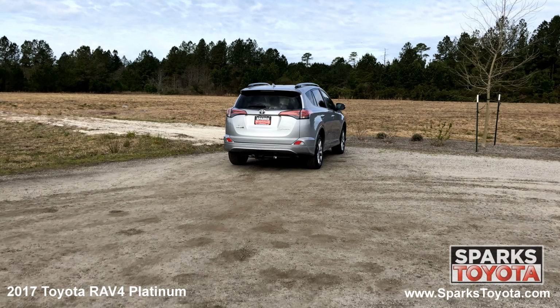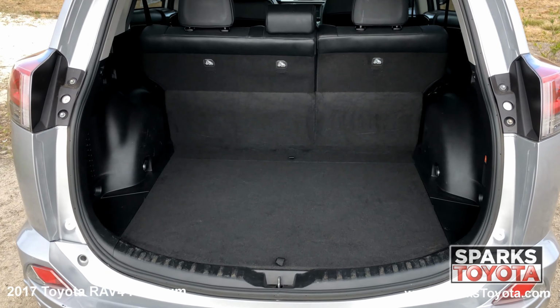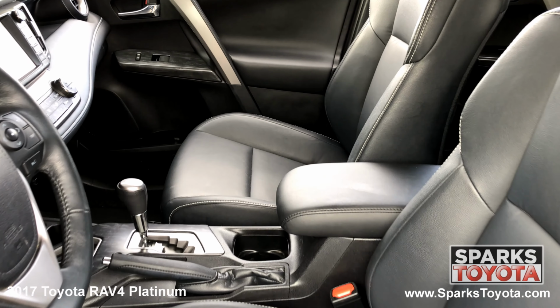The power liftgate, LED brake lights, the tow hitch, parking sensors, a very spacious cargo area, and a comfortable back seat with cup holders. We can't forget about the power sunroof, the front row heated sport soft tech seating with